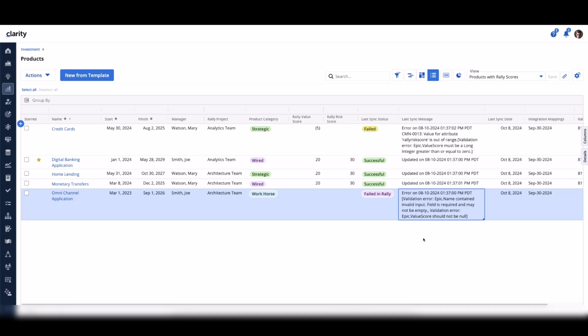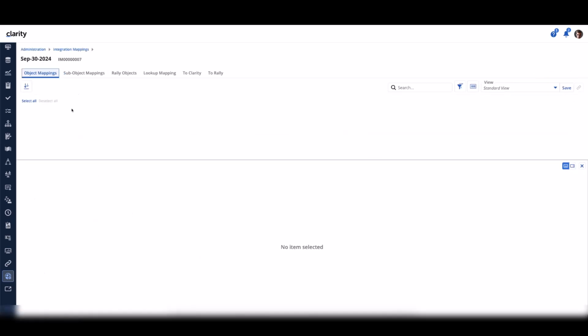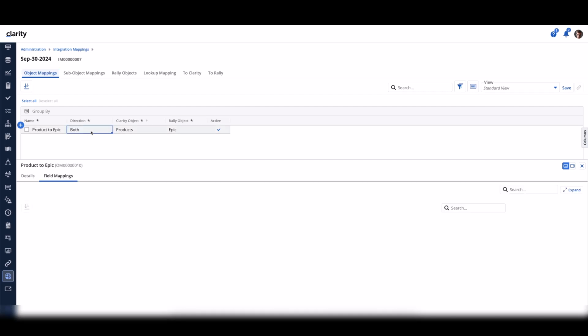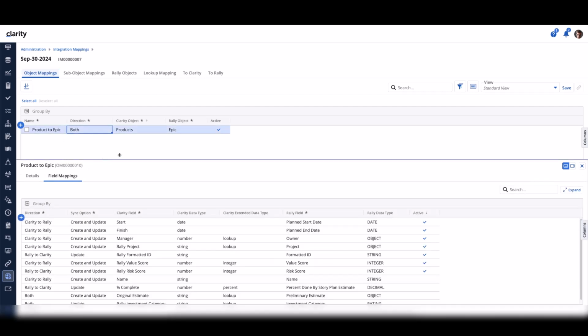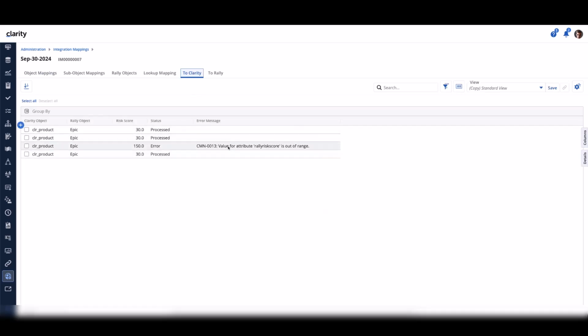Okay, so what I want to do, one more thing, is just go to the staging tables to show you how there's a bit of a difference here, mainly focusing on the credit card error where both items were presented in a single field. If I go to the integration mapping area and go into, if this is our guy right here, the to Clarity part, we have the message, the error: the value for the Rally risk score is out of range.